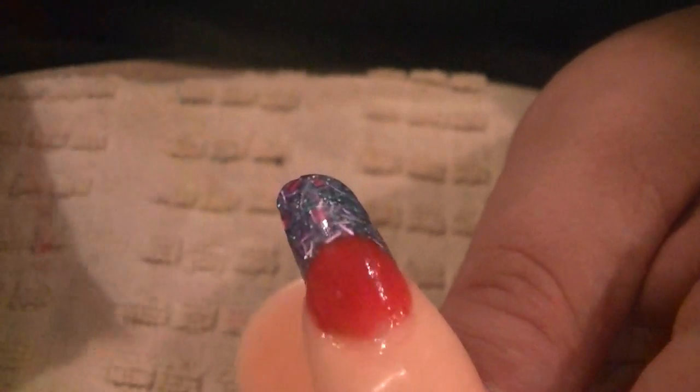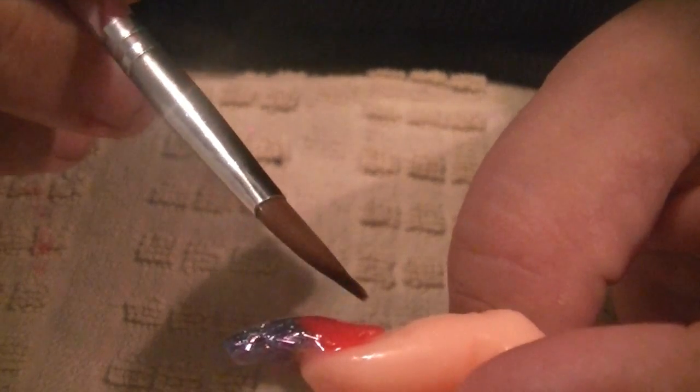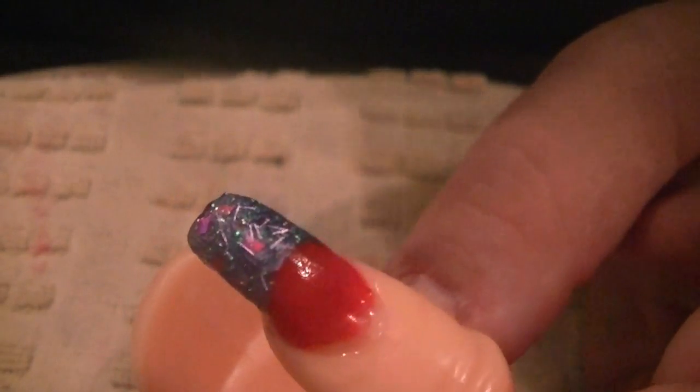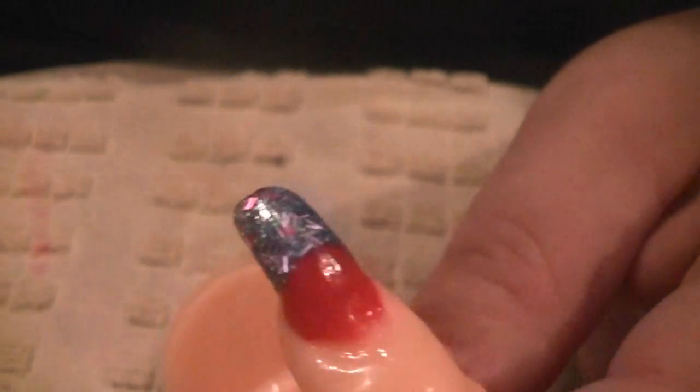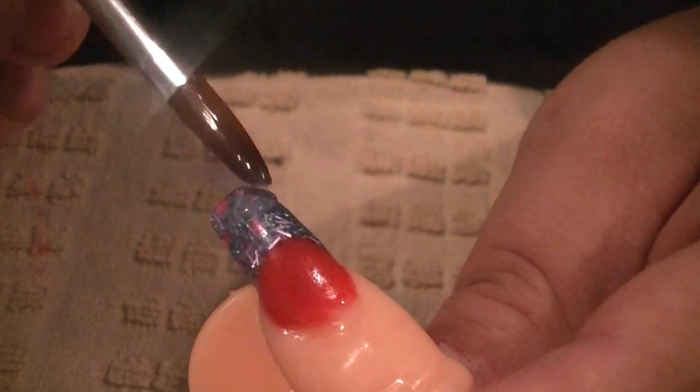Okay. Once I've done that, I look at the nail to make sure that there's a higher part here in the center. That's your stress point. Make sure that it's not too thick back here on the back of the nail bed and not too thick in the front. Sometimes when you're looking at it, you do need to add a little bit more to the tip. Okay, and then you just place it right in the center of the tip, press it over the tip, and then fan it back. This way it's not too thick, but it covers the tip. Okay,